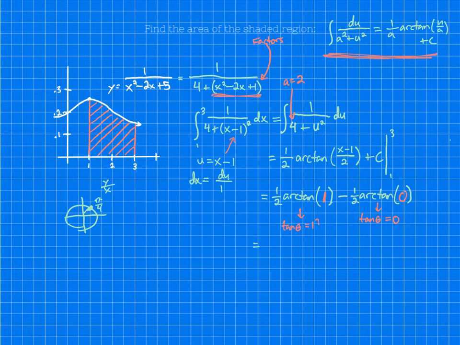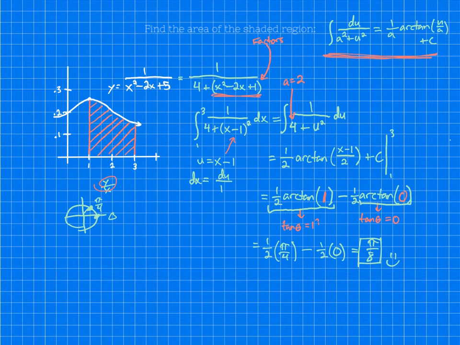So this first part will look like 1/2, and then arctangent of 1 is pi over 4, minus 1/2. Okay, and then tangent is equal to 0 whenever y is equal to 0, and that happens right here at theta equals 0. So I know then that the second part looks like 1/2 times arctangent of 0, which is just 0 radians. So this looks like 1/2 times pi over 4 minus 0. So it's essentially just pi over 8. So this area